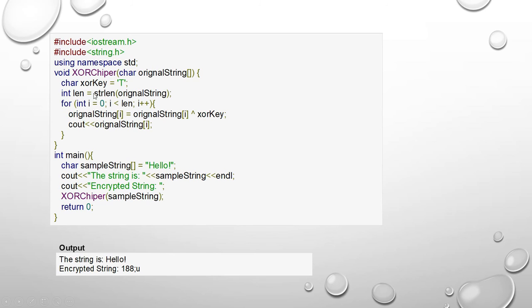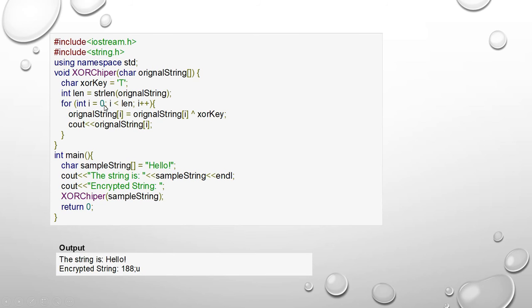Now we should find out the length of the original string variable, because the loop should run depending upon the size. Suppose the size is 6, 1 2 3 4 5 6, then the loop runs up to 6, meaning less than 7.